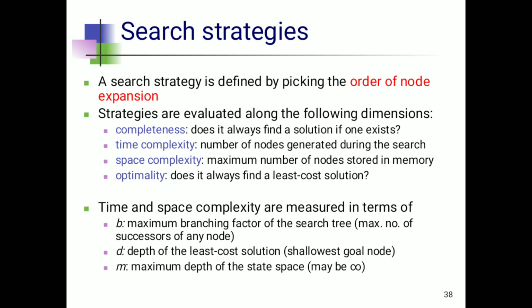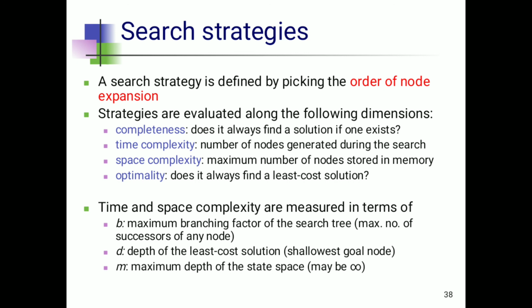Next one is time and space complexity are measured in terms of the maximum branching factor of the search tree. This is represented using the B variable. So what is the meaning of maximum branching factor of the search tree? It represents the maximum number of successors of any node. So if I explore one node, then what will be the maximum successors of that node? Means what will be the maximum number of children explored by that node, which represents my maximum branching factor, that is